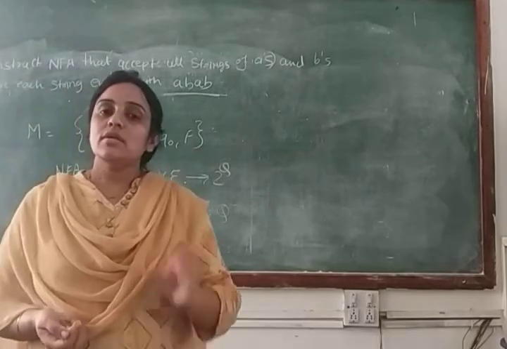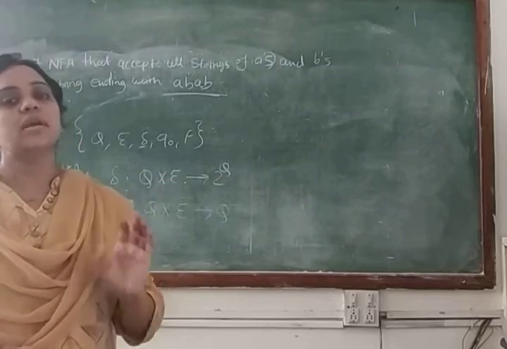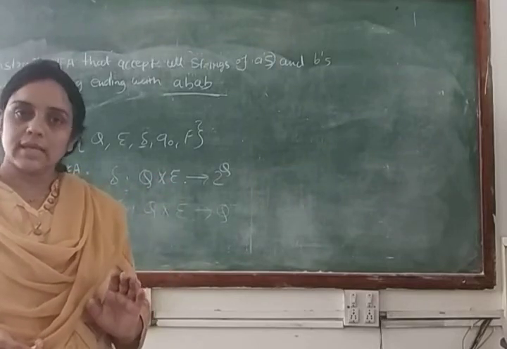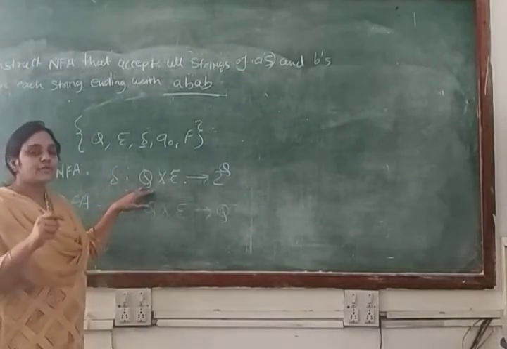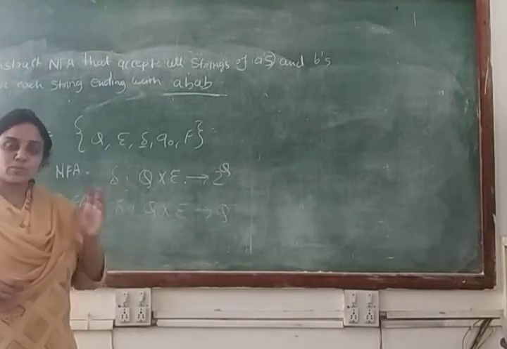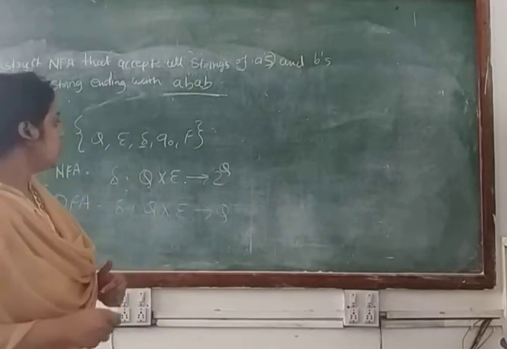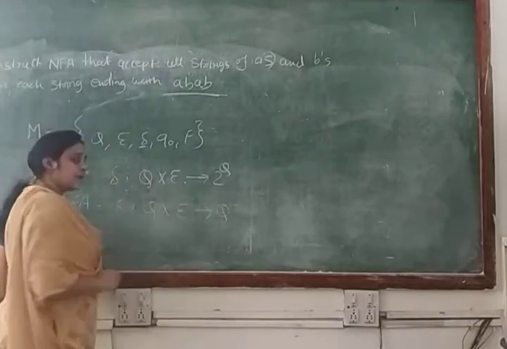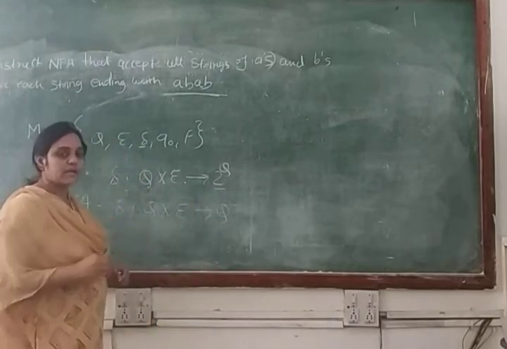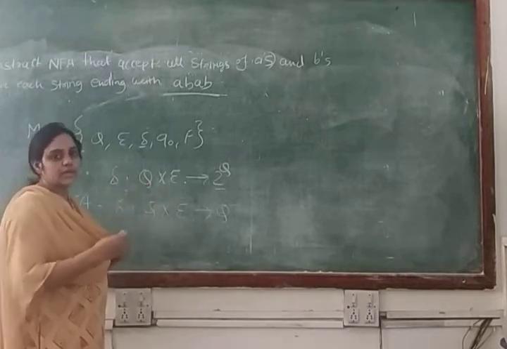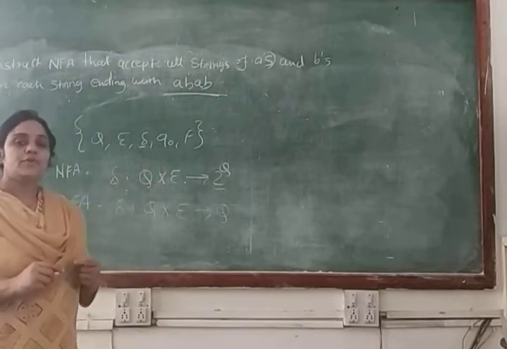Because according to the condition of DFA, each and every state has a transition for every input symbol, and no multiple transitions are allowed in DFA. But the condition is different in NFA. You can make multiple transitions for the same input symbol, and there is no need to make a transition from every state for every input symbol. That's why you can get many states whenever you make a transition in NFA, but in DFA you get only one state.